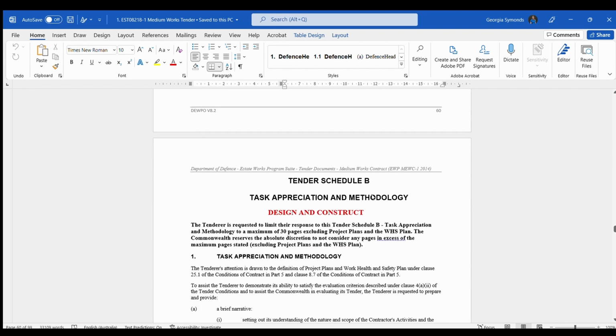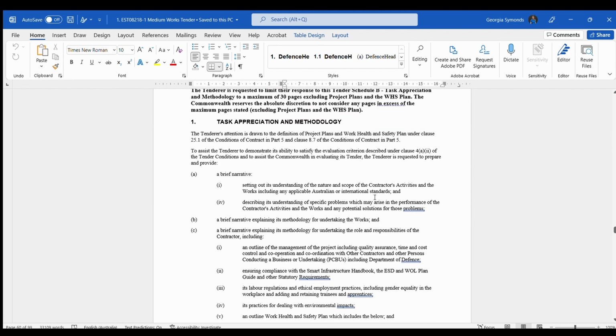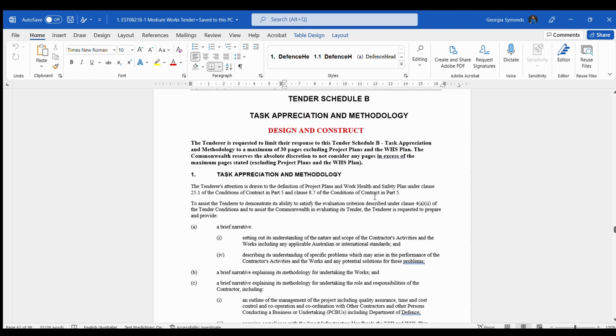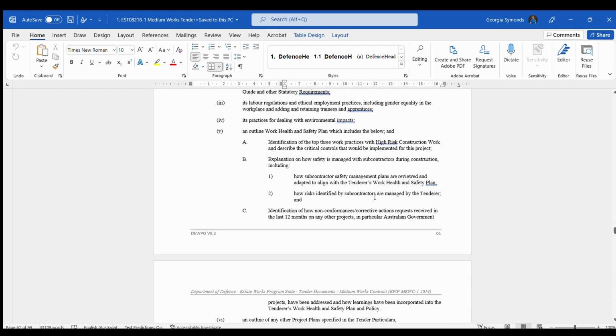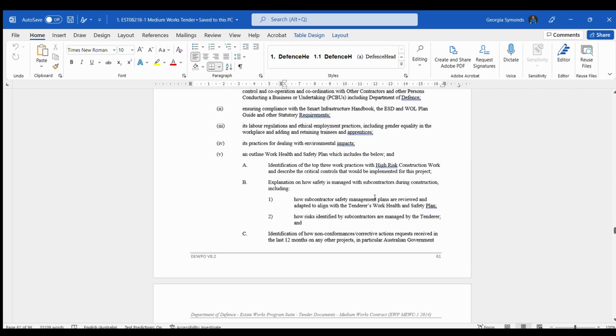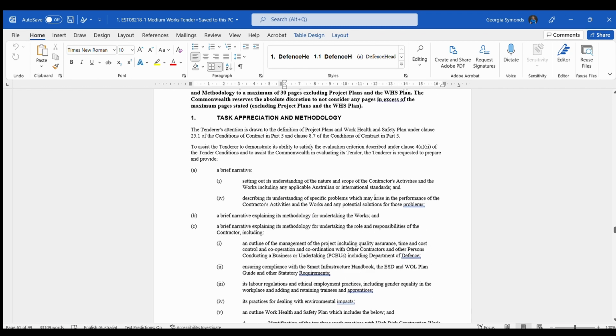Task appreciation, sometimes called DCAP, detailed contractor's or consultant's activity proposal. This one, Schedule B, is task appreciation and methodology. These questions all need to be answered in great detail. So number 1, you have to answer the question. Number 2,